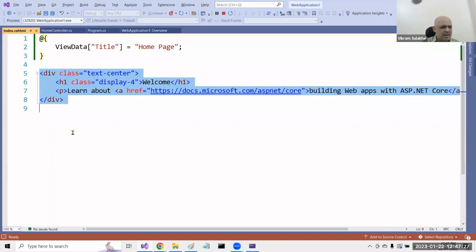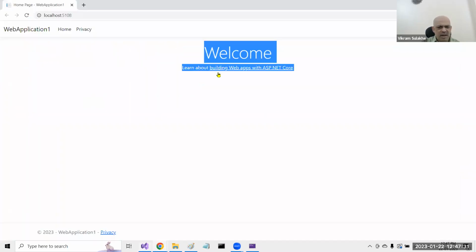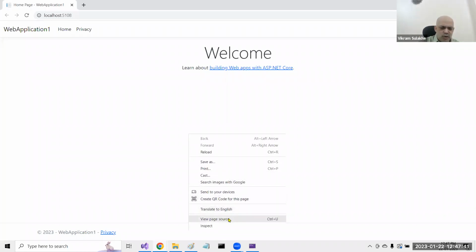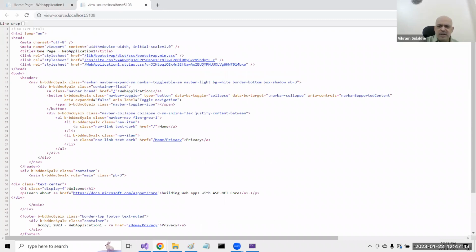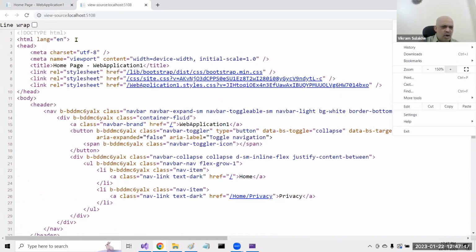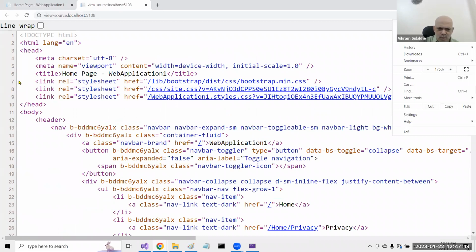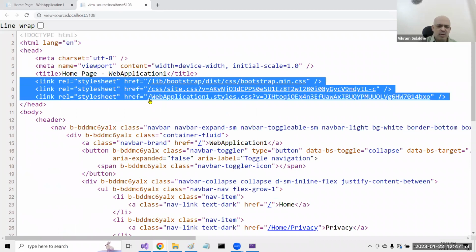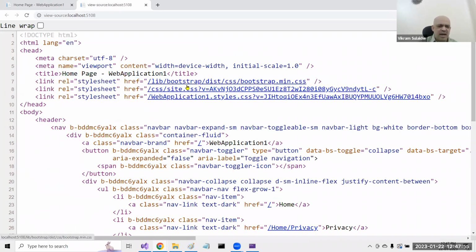The index.cshtml is containing what? Only these 4 lines. But if you look at the view source, when you're working with this, your best friend is going to be view source. View source will tell you a lot of information. If you look at the view page source, it has a lot of other things happening in there. You see this doctype HTML, and then which style sheet to use. Where is it using it? lib/bootstrap/